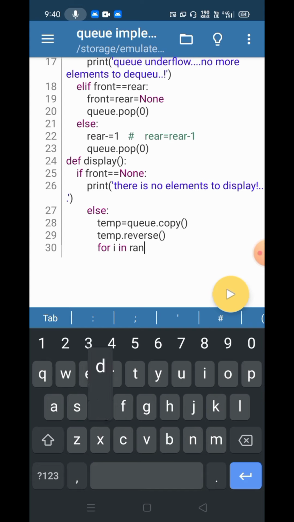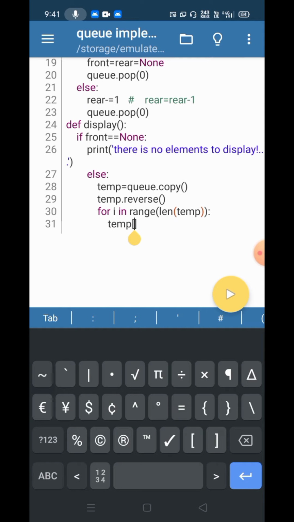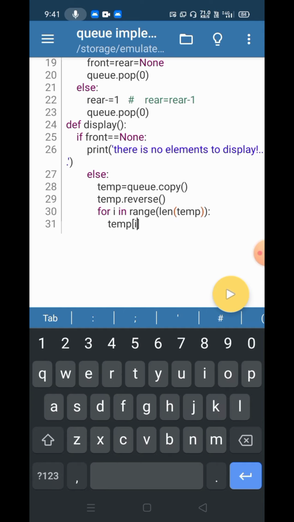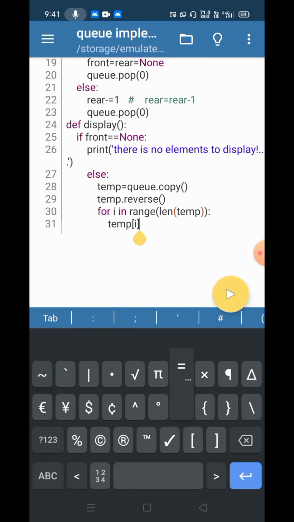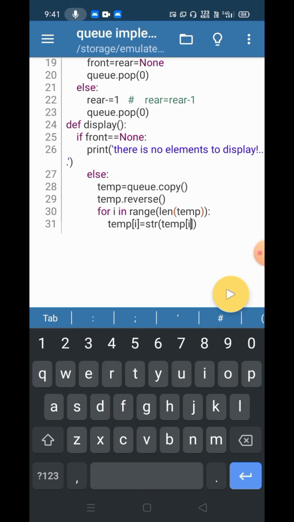In range of length of temp, what I will do: temp of i equals to str of temp of i. So all the integers are converted into strings.